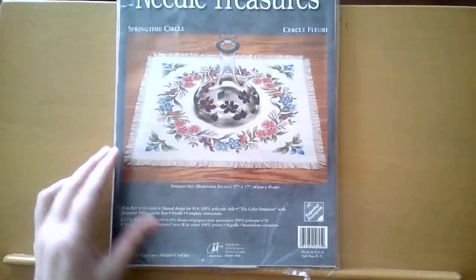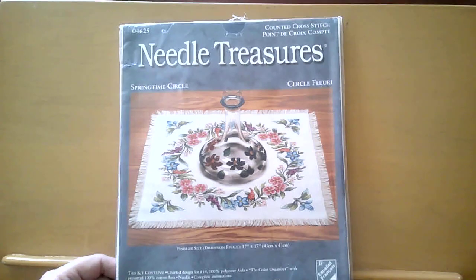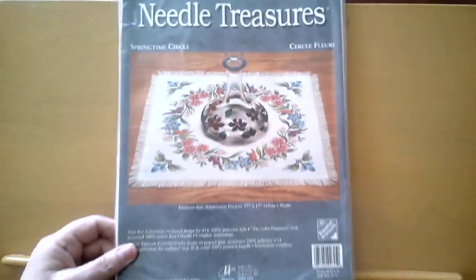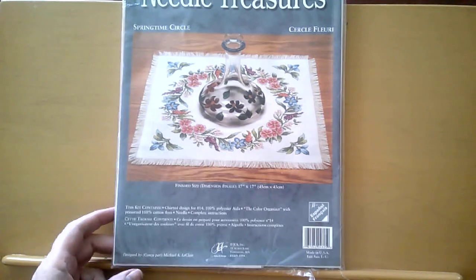This is one that I got back when I started stitching, and I've had it open, I think, because I considered making it. It's from Needle Treasures. Let's put that where you can see that, Needle Treasures. It's called Springtime Circle. It is on a 14-count polyester Aida. Almost always these kits will say something about being cotton Aida, but it is made sometimes in other fibers, and this one is polyester, so it has a very soft feel to it. The floss, however, is your standard cotton floss,